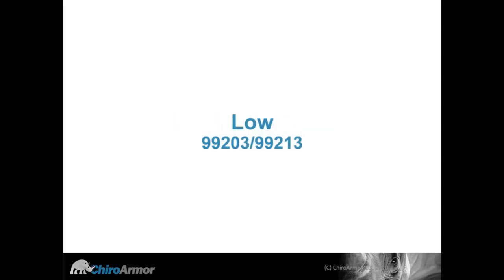Our low level, 99203, as we think about coding, is two or more self-limited or minor problems, or it could be one stable chronic illness or one acute uncomplicated illness or injury. Moderate level problem complexity, which would be in the 99204 range, could be one or more chronic illnesses with exacerbation, progression, or side effects of treatment, or two or more stable chronic conditions, or it could be one undiagnosed new problem with uncertain prognosis, or one acute illness with systemic symptoms, or one acute